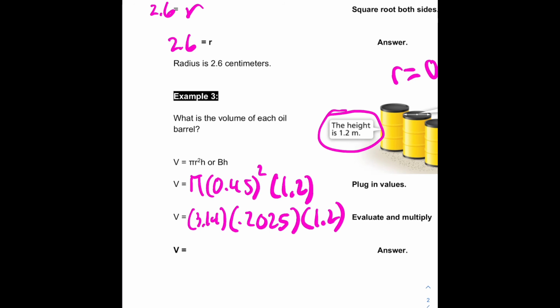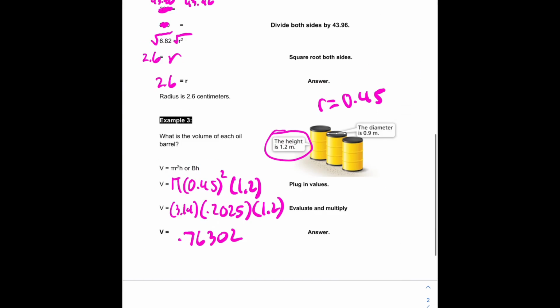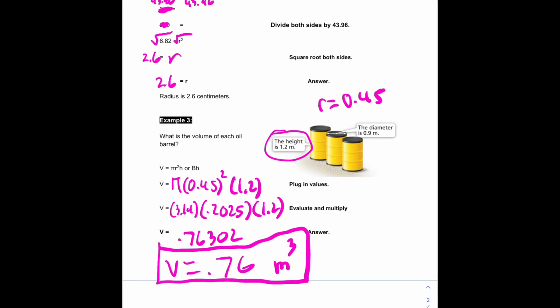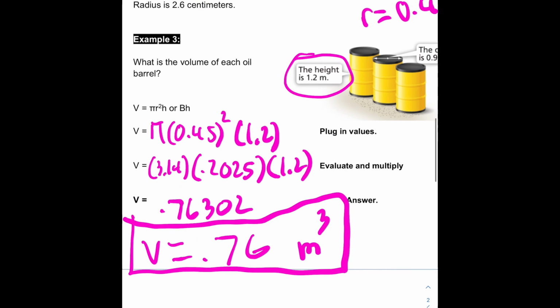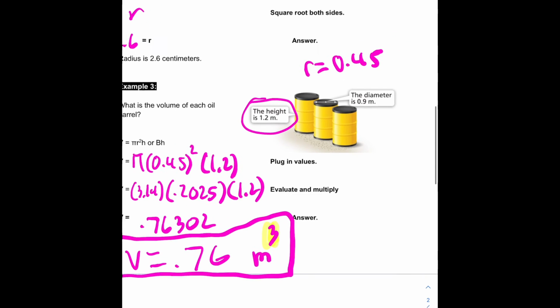Again, now I can just type this all in at once. 3.14 times 0.2025 times 1.2 equals 0.76302. We'll round that to just volume equals 0.76. And then when you find the volume, it's going to be meters cubed. So again, when it's area, we just used squares. When it's volume, we have to cube our units because we're doing the base, the height, and the width. So we are using 3 dimensions, which is why our units are